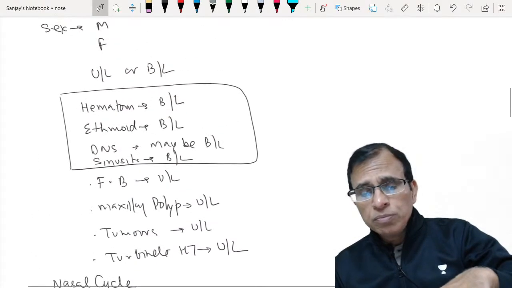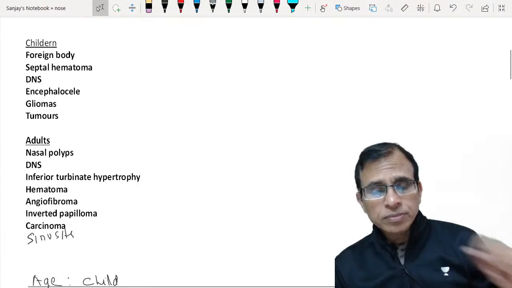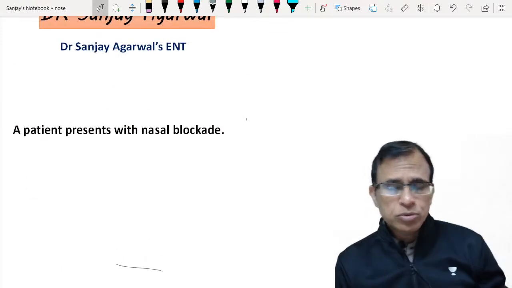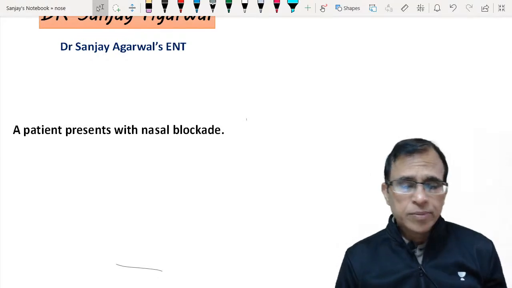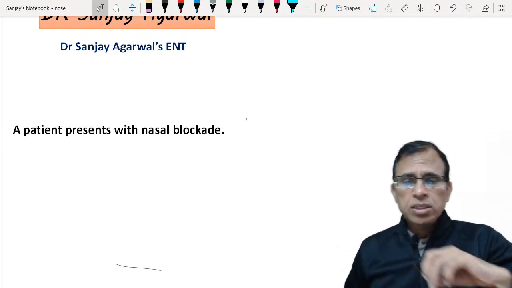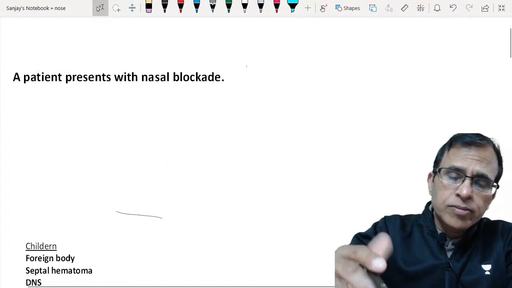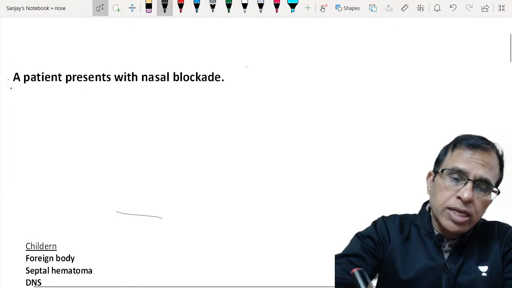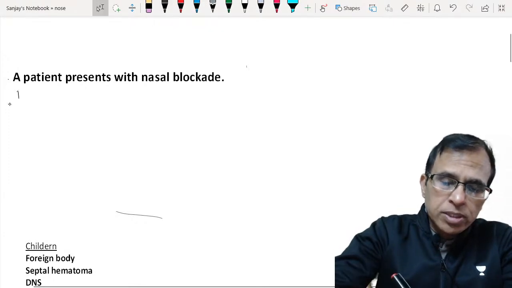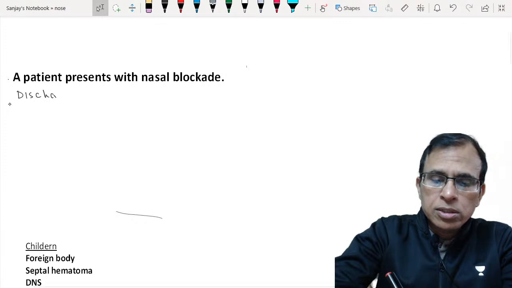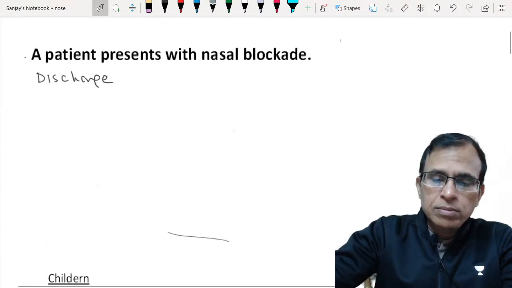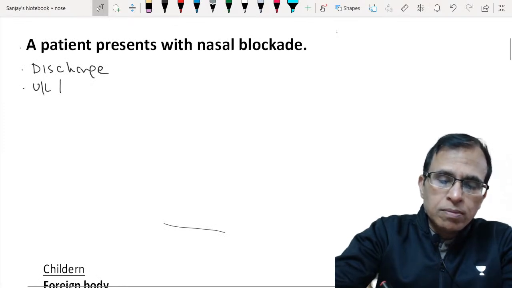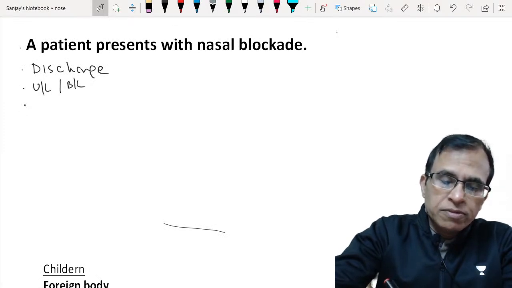But we are more concerned about these causes. So first of all, I'll come to this. When the patient comes to you and tells you I have a nasal blockade, what are the most important things that you have to ask? What is the most important history that you have to take? We have to ask history of nasal discharge. Does the patient have discharge also or not? Unilateral or bilateral? Fever,